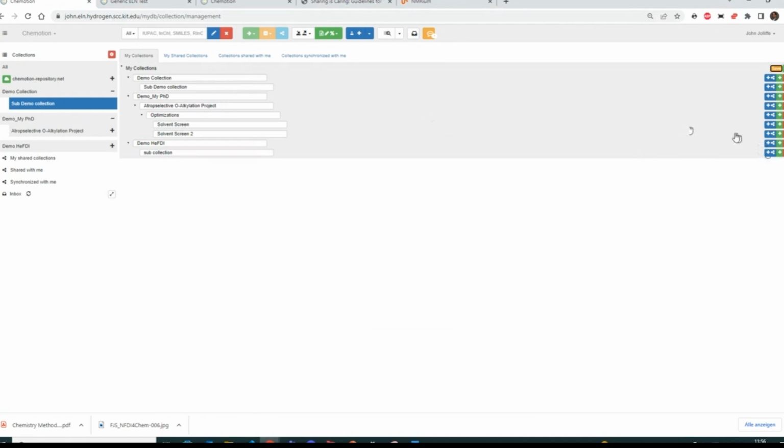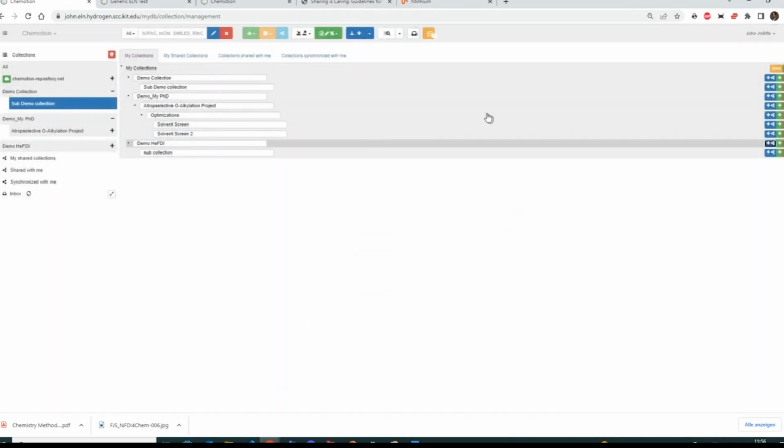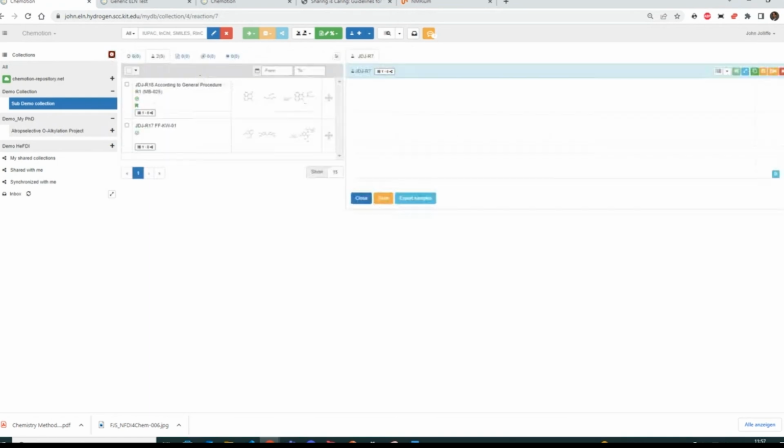You can share or synchronize. Share means you share a one-time state with someone, but you can also have synchronized collections. For example, if a research group works on a joint project, you can synchronize this collection. Define the rights, such as you can only read it, you can only write it, so people can't delete it, for example, and then people can have a joint collection, right? So, for example, for a joint chemical database, you could have this. So that's a handy thing to do. Okay, so much for